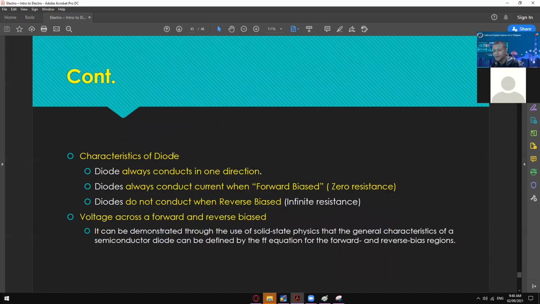Okay, so here are the characteristics of a diode. A diode always conducts in one direction. Diodes always conduct current when forward biased, with zero resistance. So we call this one zero resistance because